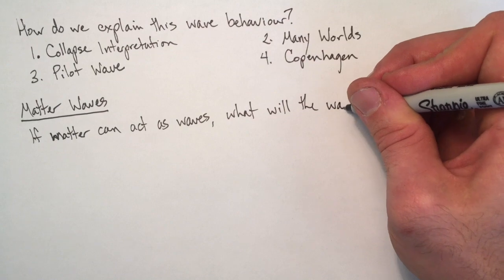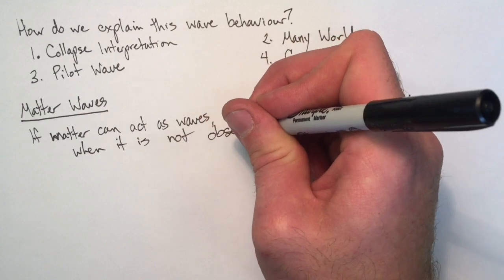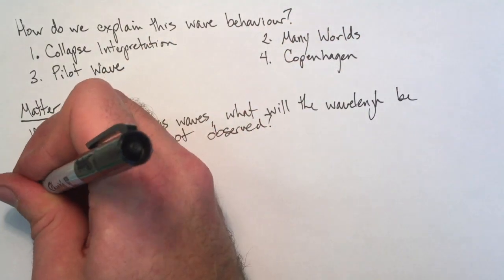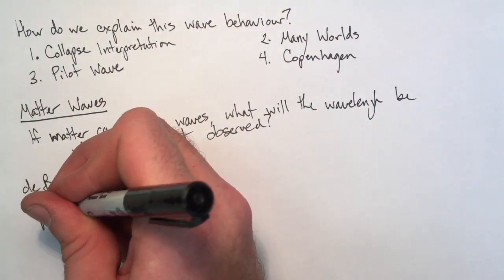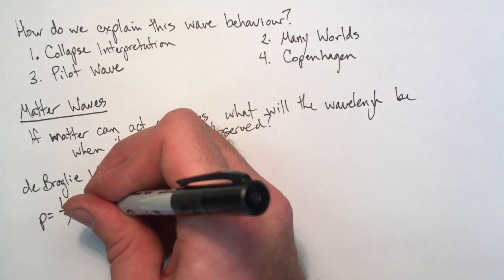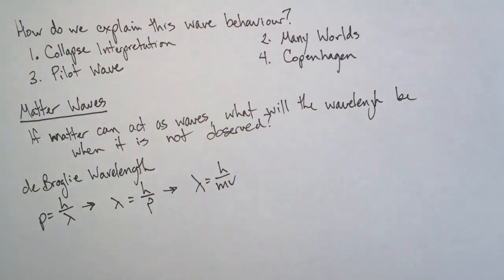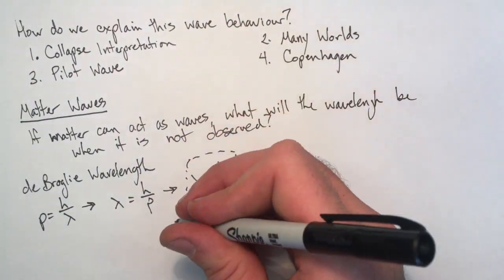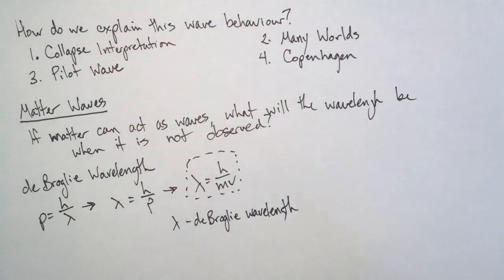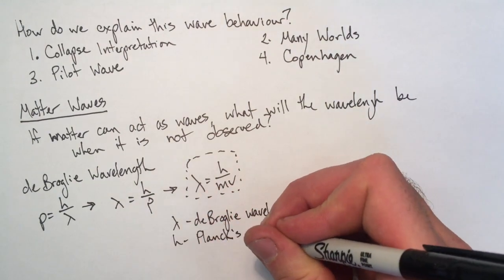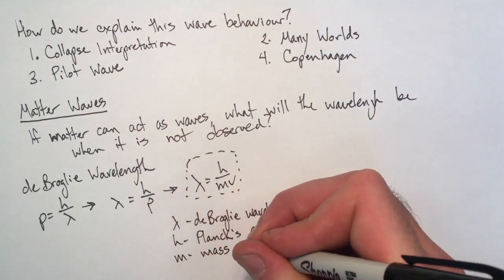So if matter ultimately can act as a wave, what would be the wavelength of these waves? What would be the wavelength producing that interference pattern on the screen? This is something called the de Broglie wavelength, and it can be calculated using our momentum of a photon equation. Knowing that momentum is mv, we can rearrange for wavelength, and we get the wavelength of this particle is going to be h over its mass times its velocity. So we need a velocity of a particle in order to have a wavelength. If we don't have a velocity, the wavelength is undefined. That means we'd be dividing by 0.